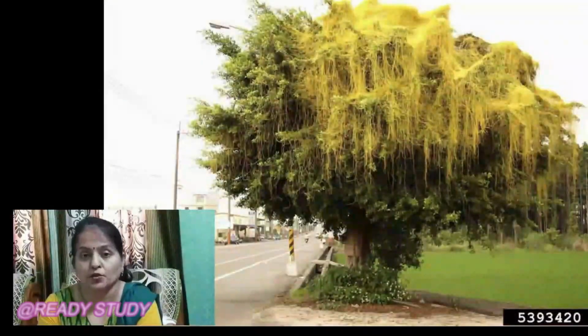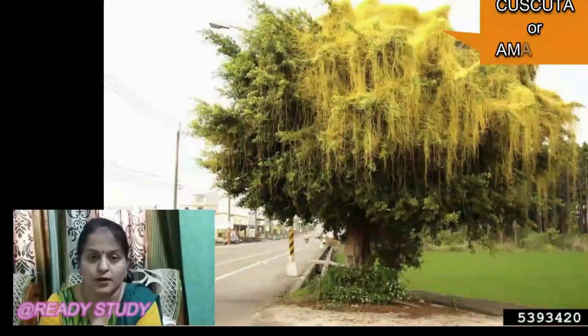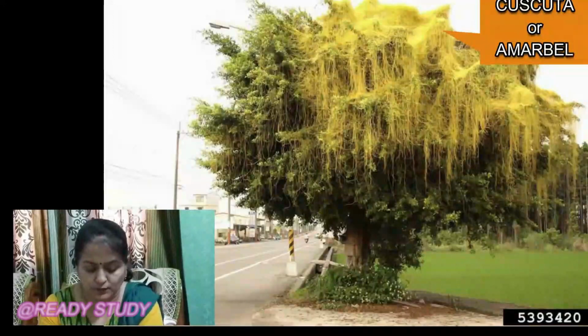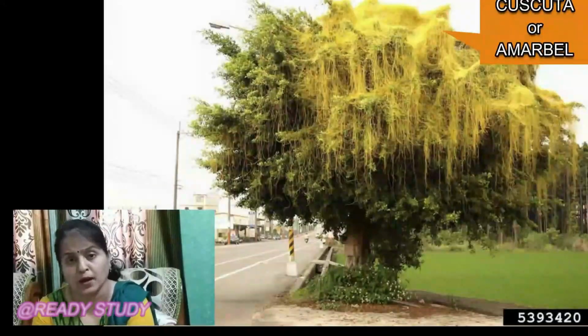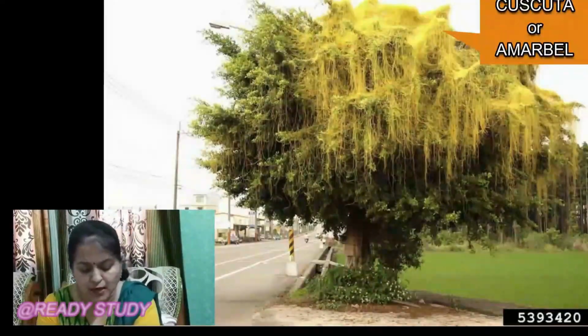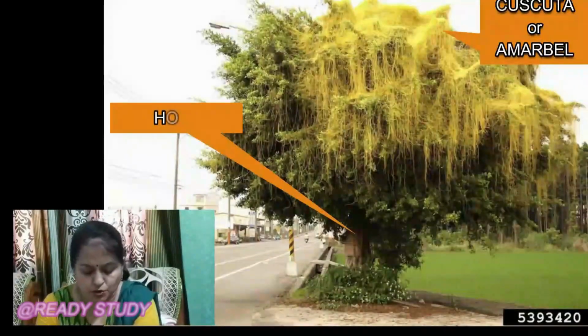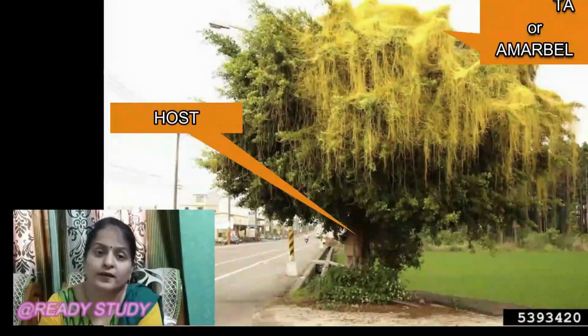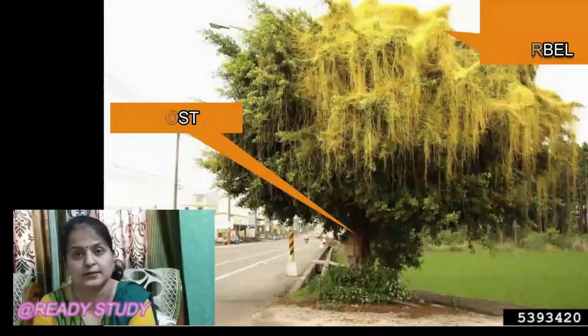One most famous type of parasite is Cuscuta or Amar Bale in Hindi. You must have seen somewhere on the trees a light green colored climber, which is known as Amar Bale or Cuscuta. Actually, Cuscuta does not have chlorophyll in it. It takes ready-made food from the plant on which it is climbing. That plant on which it climbs is known as a host. Due to Cuscuta, the host plant is deprived of all the valuable nutrients, and so it is known as a parasite.